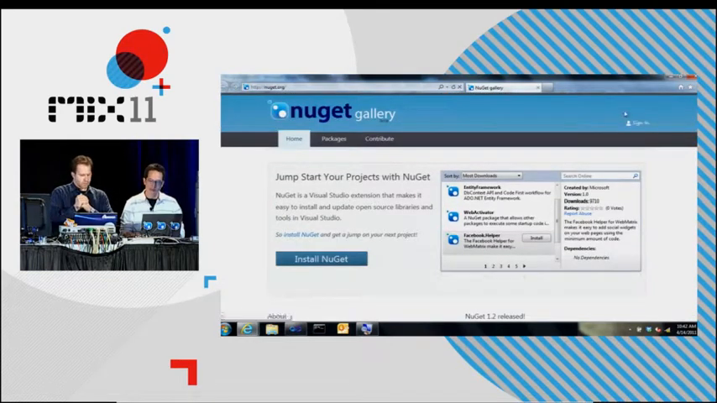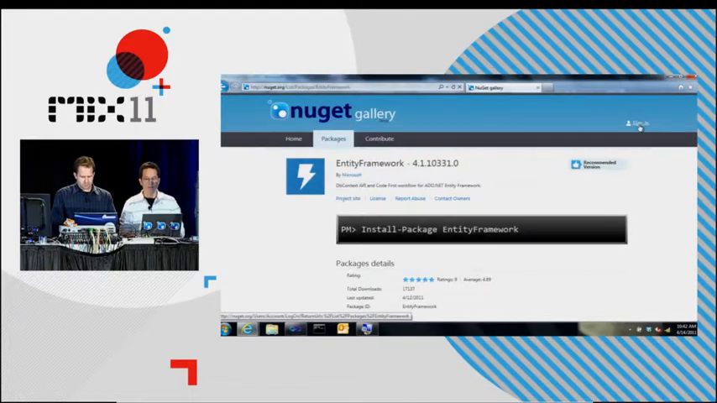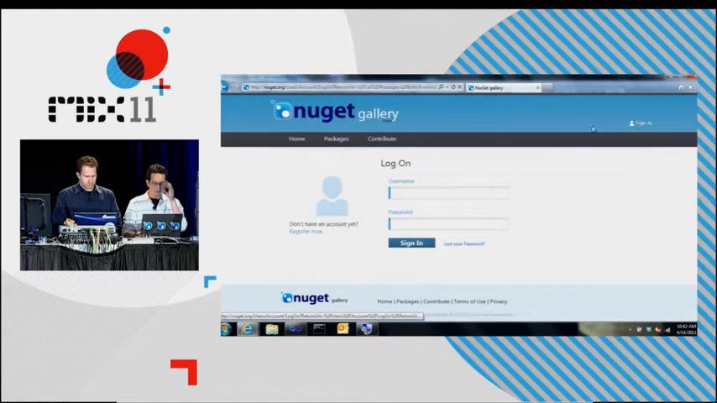And one of the things you can do is once you're here, you can click on the Packages tab, and you can do searches for various packages and find out information about different packages and see the download count and so on. But more importantly, we want to really help make it easy for people to create packages. And so if you sign in to your account or create an account,